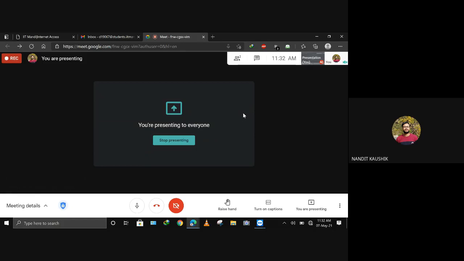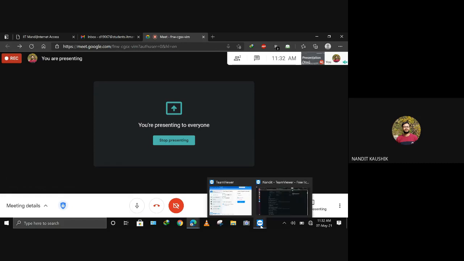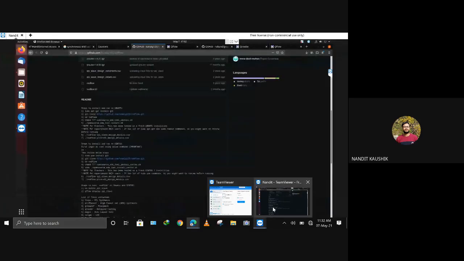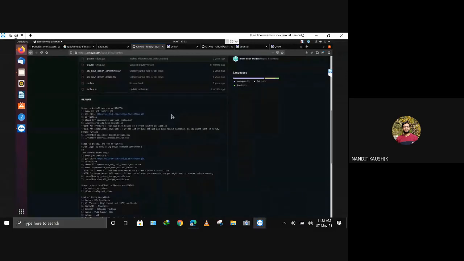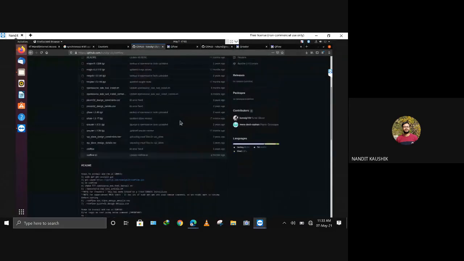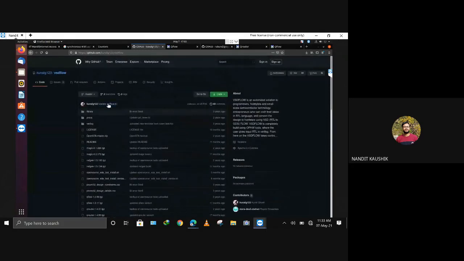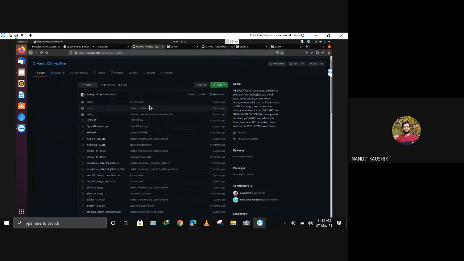So today we will be learning about the digital design flow using open source tools. Now to understand open source tools, we have to first install them. So for installing, this guy has created a script file so that all the required tools like for synthesis, for placement, for routing, for DRC, for LVS, all the tools required will be installed by using his script.